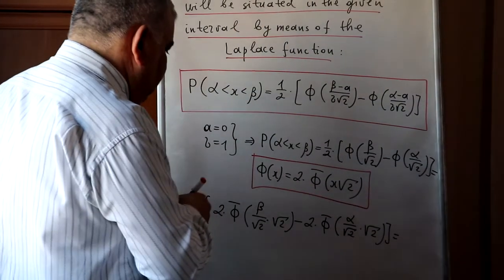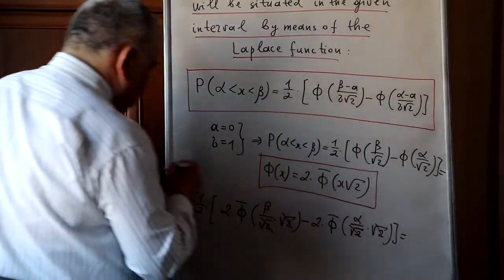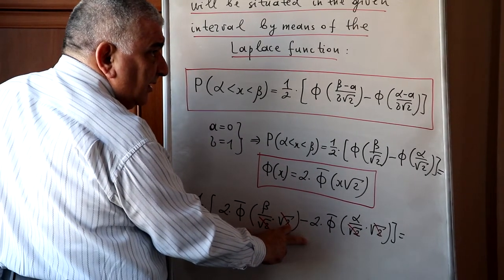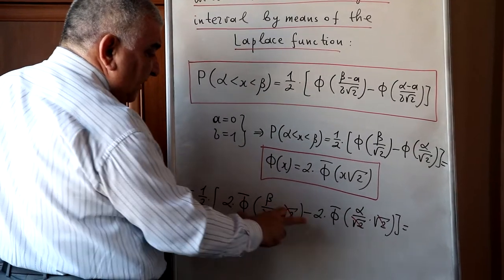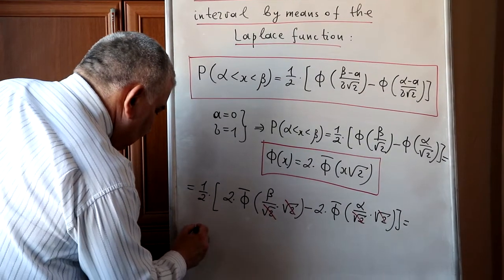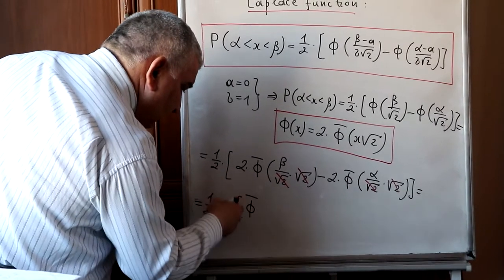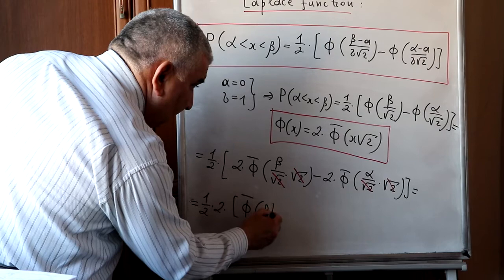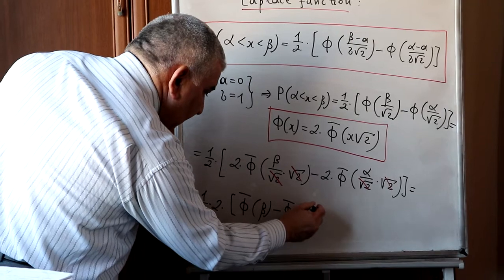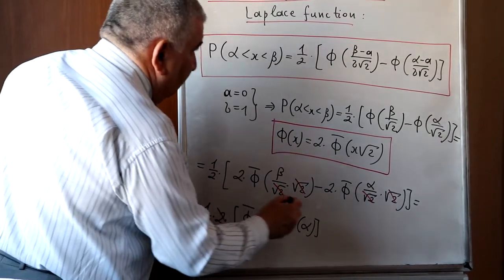Then we can simplify by square root of 2 and take 2 out of the bracket, because here 2 is a common factor. 1/2 multiplied by 2 multiplied by the bracket phi bar of beta minus phi bar of alpha. Then simplify 2 and 2, and finally we obtain the